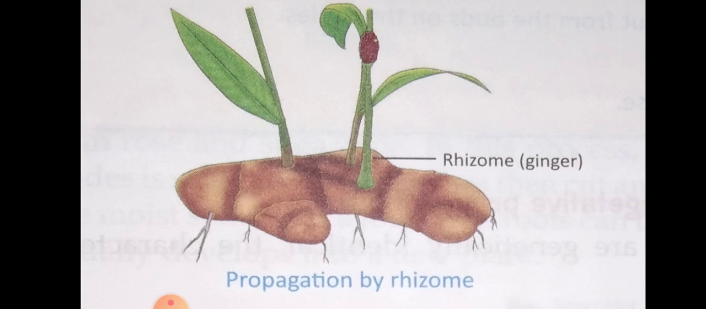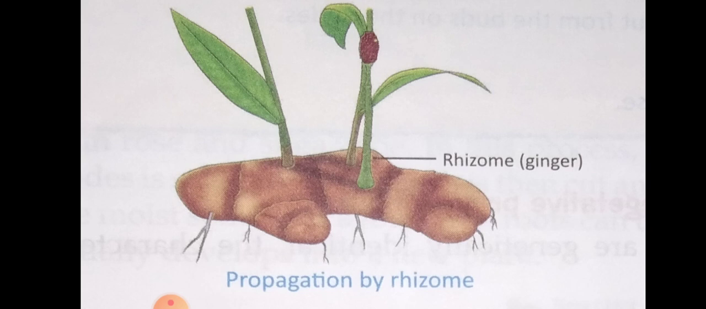That is rhizome, it is a stem. You can see the rhizome is thick, fleshy, and has distinct nodes, internodes and axillary buds. So these buds grow into branches and develop into new plants under favorable conditions. For example, you can take ginger, turmeric, lotus. Next, vegetative propagation taking place by